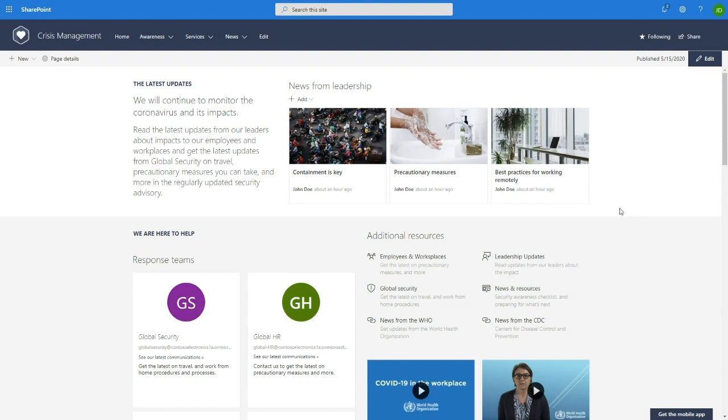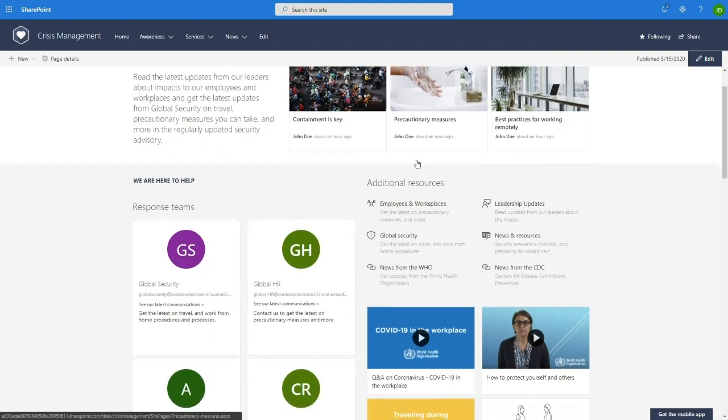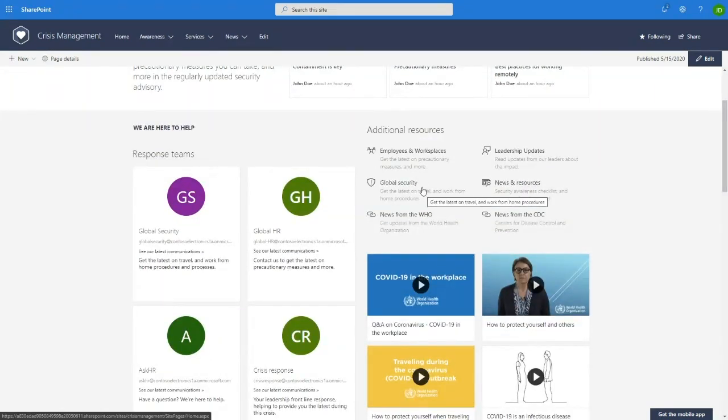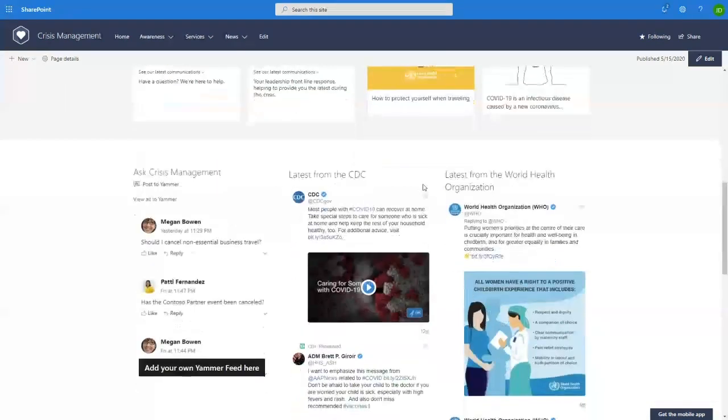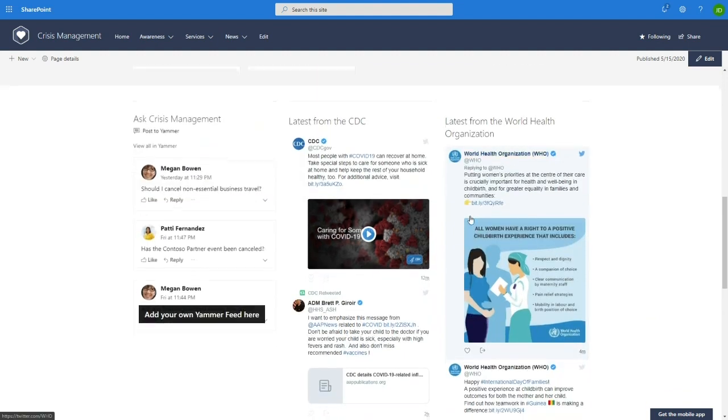From here, employees can take a look at the latest updates on the crisis, have access to key resources that the company can provide to them, have links to external resources that employees can use in order to get the latest information, as well as access to collaboration environments like Microsoft Teams or Yammer, from where the employees can communicate with each other and exchange information about the latest situation on the crisis. In this example, this portal is being provisioned in order to surface the latest information and connections about the COVID